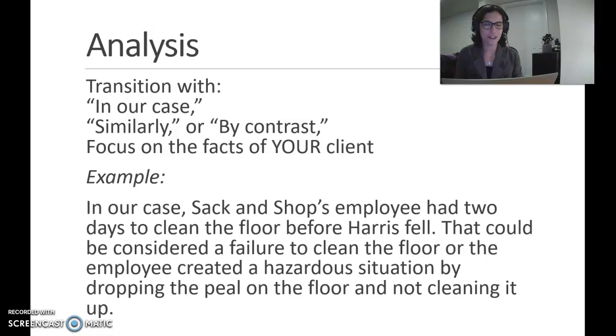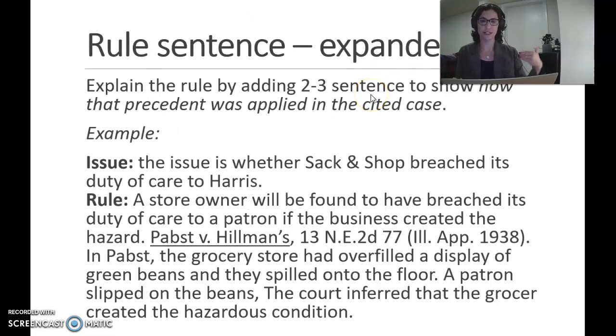Hi everyone, welcome back to our second and final video about understanding the basic structure of putting together an IRAC paragraph. In video number 1, we covered the issue sentence, which is the topic sentence. Then we covered the rule sentence, and we discussed how the rule sentence should look like this one,